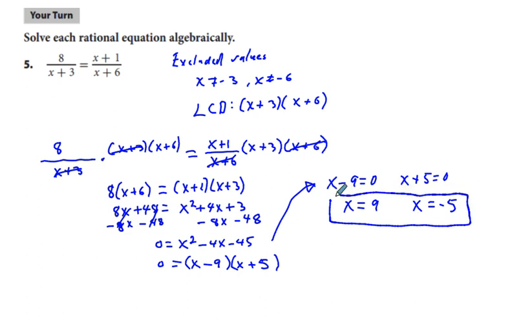Often you will come up with these extraneous values, so I'm going to leave it to you to look over the homework set,